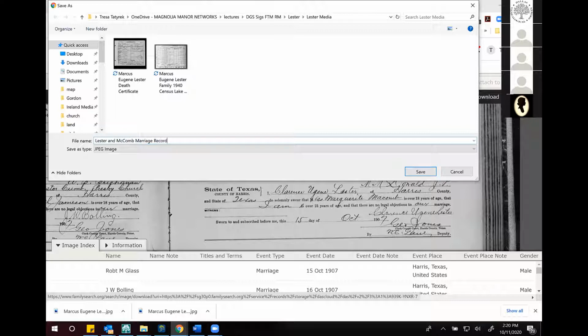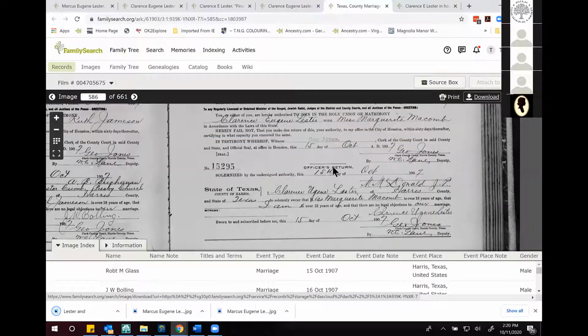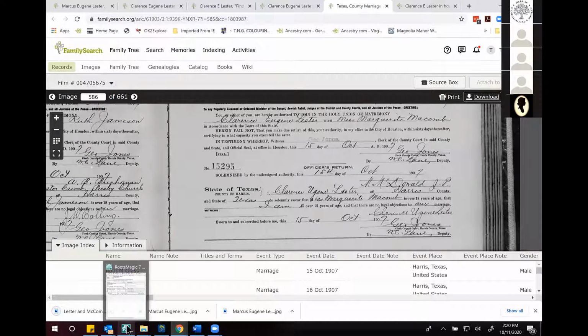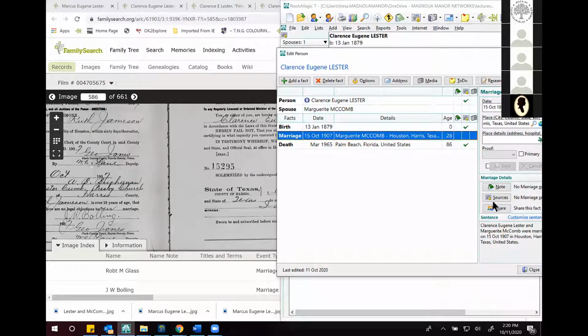The only way this doesn't work is if you have brothers and sisters marrying each other. And then you have to figure out which one you're going to put the first name on so that you know which one it is. So you name them differently. So let's say that. I'm going to come over here, and on the marriage record,